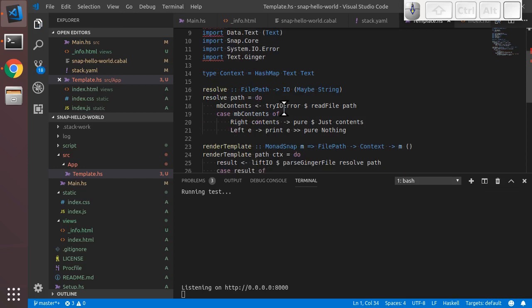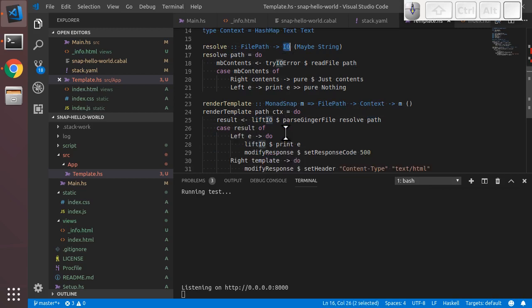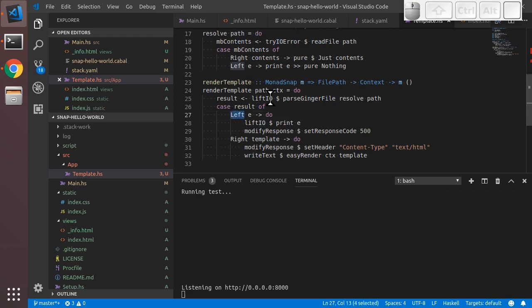Let's review what we've looked at. So we've already looked at resolve. So render template is using the parse_ginger function that we looked at before, passing in this resolver and the path. And so this function evaluates to an action which uses this resolver to look up files in the file system and loads this template, this Ginger, and parses it. And we're lifting it into IO because of this IO here, and we get the result. So if it's an error,